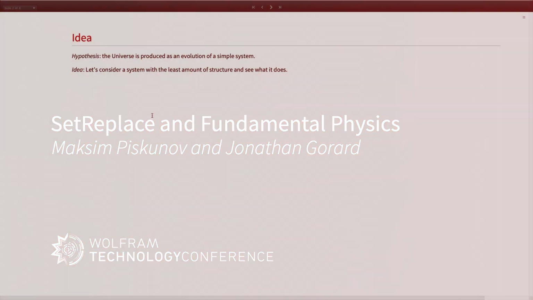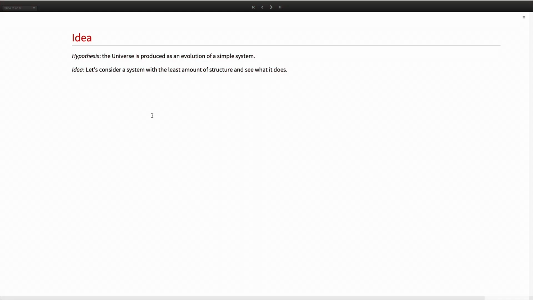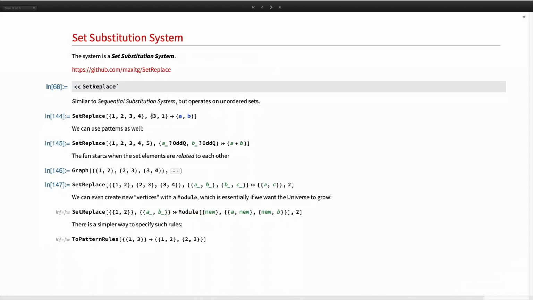So the basic idea of the Fundamental Physics Project is we are going to try to find a fundamental theory of physics using the approach of A New Kind of Science, which means we assume that the universe is produced as an evolution of a simple system, and specifically we want to pick a system that has as little structure as possible. So specifically the system we are going to study, at least at first, is what we call